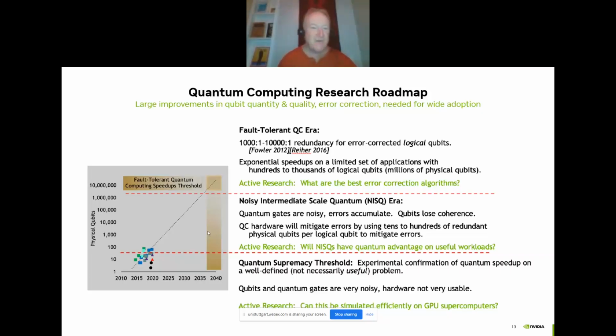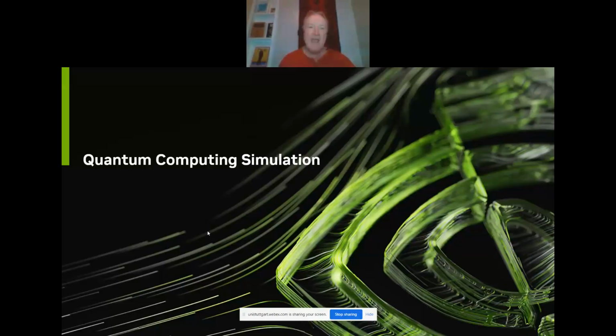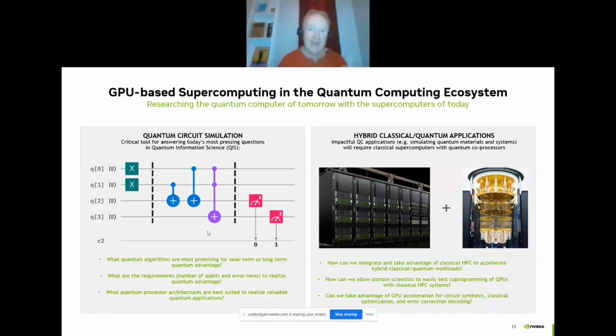But again, today it's very noisy. It takes a large number of real qubits to realize the advantage we know is possible. So in the near term, it's about discovering what are the other possible, perhaps sooner than later, quantum advantages that can be realized. And so it's kind of where we are today. And that brings us to the near term. What can we do before we have these sort of large scale physical systems? It's to simulate them. And that's where that brings us to